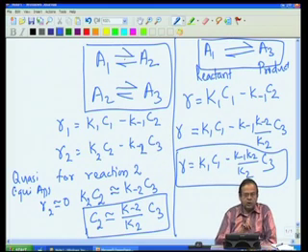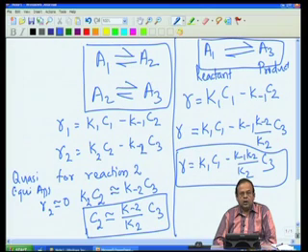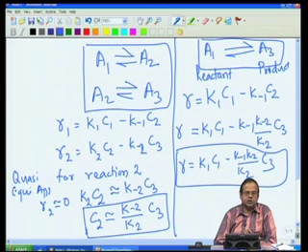In this complex reaction I want to find out the rate of reaction in terms of concentrations of species A1 and A3. So, I have to look for ways of simplifying this kinetic analysis,